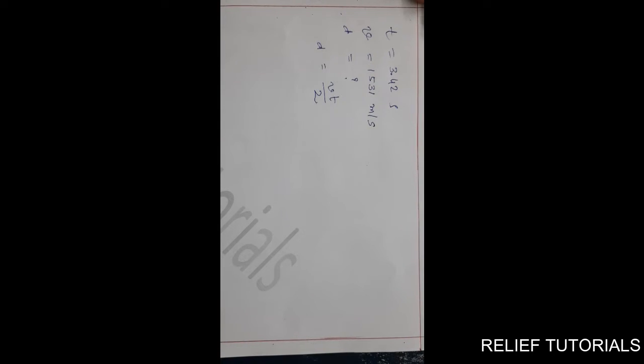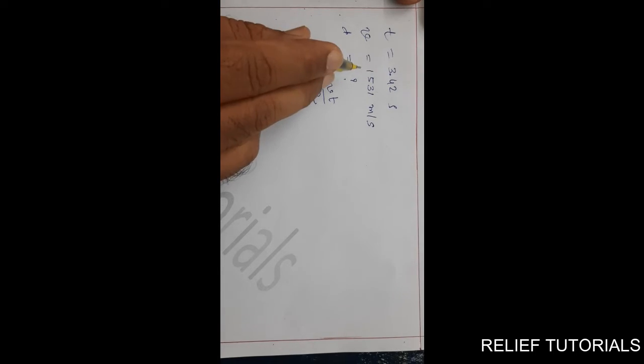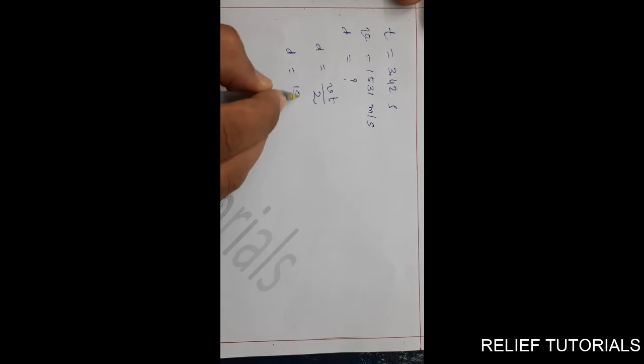So the formula is d equals vt by 2. Put the values: d equals, what is v? v is given as 1531 into t. t is given as 3.42, let us say 342 by 100, removing the decimal, and upon 2. So if you solve this,